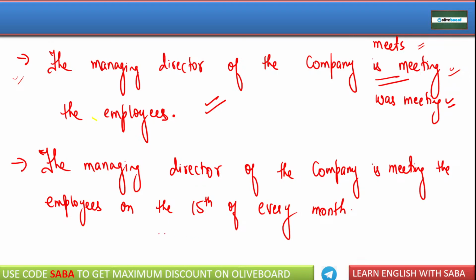My dear, it is now a routine action. 15th of every month. Now, when definite time is given, guys, तो यहाँ पर सेंस ये आ रहा है कि वो मिल रहे नहीं, it is talking about something that is happening in routine. देखिए, रूटीन एक्शन का मतलब ये नहीं होता जो डेली हो। जो चीज डेली होती है वो तो रूटीन होती है, लेकिन अगर कोई चीज महीने में एक बार हो रही है, हर महीने हो रही है, if it is happening once in a week but every week, once in a month but every month, so that is what is called routine action. मतलब एक फ्रिक्वेंट इंटरवल पे वो रिपीट होती रही चीजें, that is called repeat routine action. So here is meeting is wrong, यहाँ पर ये बिल्कुल गलत है।